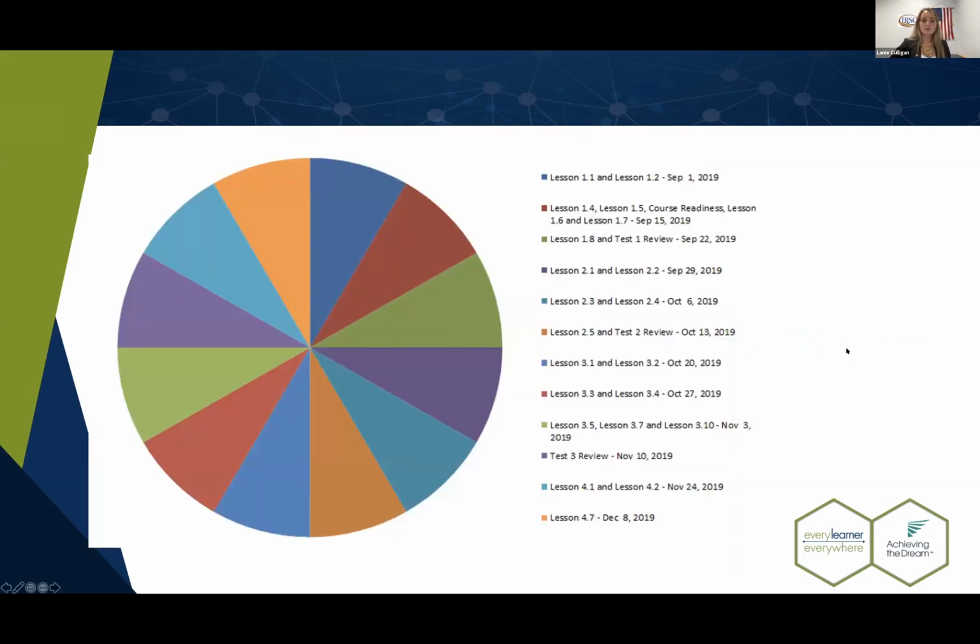Perfect. So this is what it looks like on our end. Each little section of our pie, so to speak, has different objectives. So I was really concerned